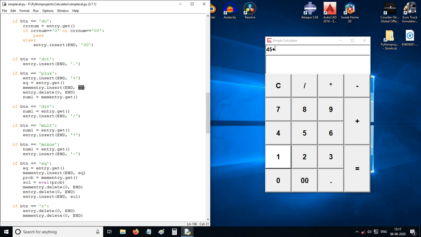After this, if anything is there in memory entry, we will put it at the end of that contents. After putting it into memory entry, delete the entries in the normal entry. Then we will assign that as number 1. The things inside the memory entry, we will take it as number 1.